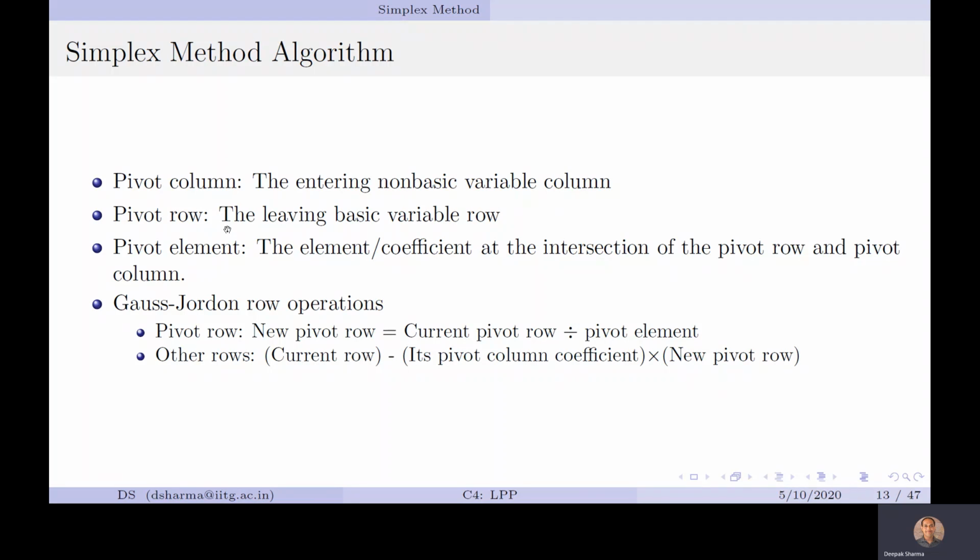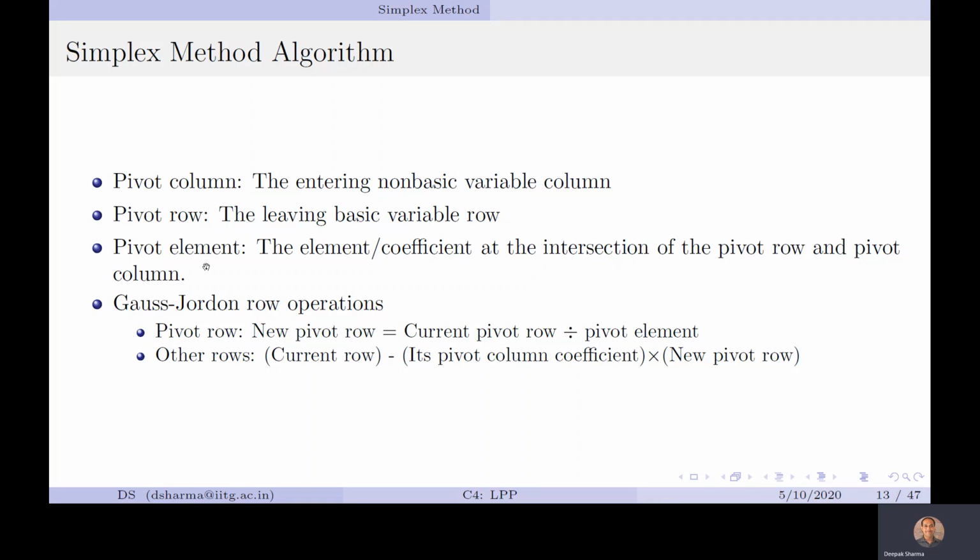Similarly, the feasibility condition says which basic variable will become non-basic. So we will be looking for that row of the basic variable, and that row will be referred to as the pivot row. Now the common intersection of the pivot row and pivot column gives us